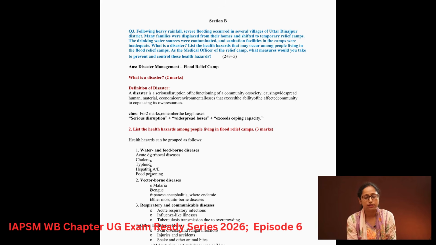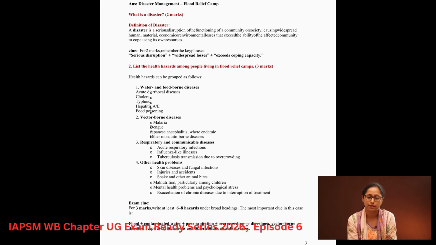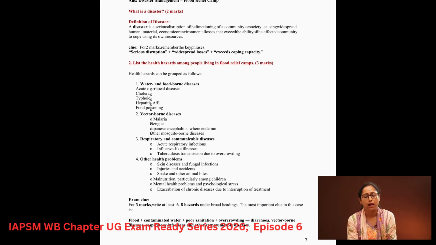Secondly, vector-borne diseases like malaria, dengue, Japanese encephalitis wherever it is endemic, and other mosquito-borne or vector-borne diseases. Thirdly, respiratory and communicable diseases like acute respiratory infection, ARI, influenza-like illnesses. Tuberculosis transmission due to overcrowding is also very important. And the fourth one was other health problems like skin diseases, fungal infections, injuries and accidents definitely are very common